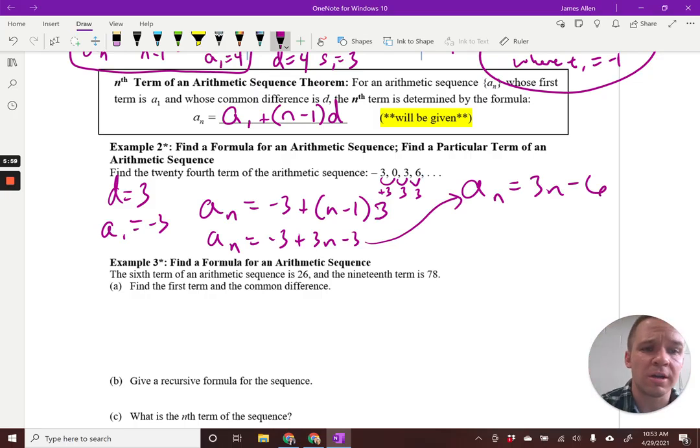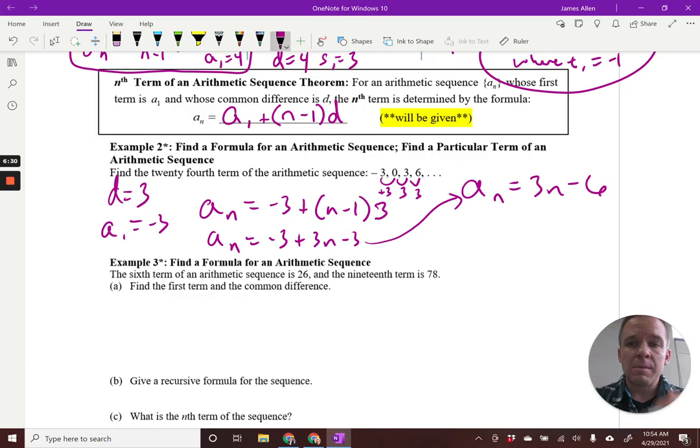That looks good. Okay. Now what some people will do is they'll just jump right to this formula. They'll say, okay, well, I know my common difference is 3, so it's going to be 3n. Now, how do I get that first term? If I plugged 1 in for n, I'd get 3. So I'd have to subtract 6 to get that -3, that first term. So they'll just jump right to this simplified form in that way, okay? So you can go ahead and do that if you'd like. If not, I'll show in maybe one of the next examples how I would do that without